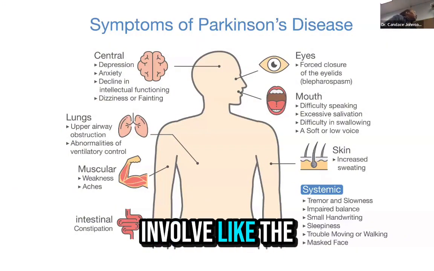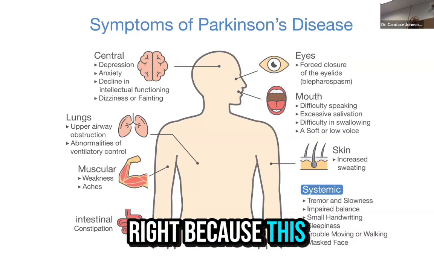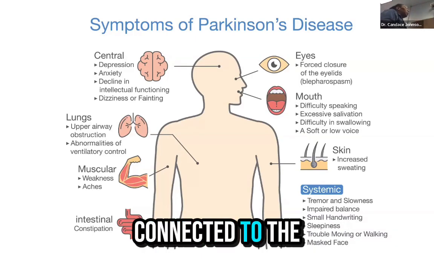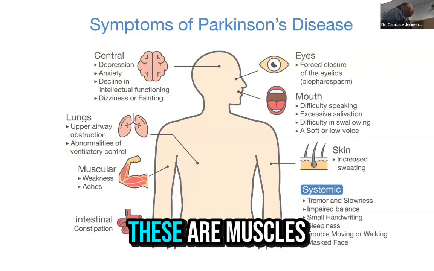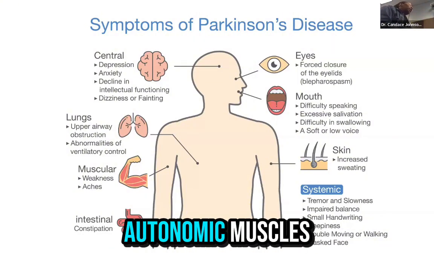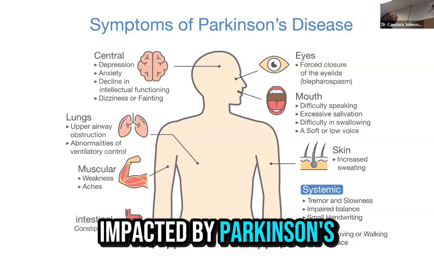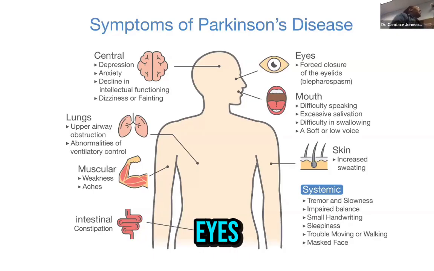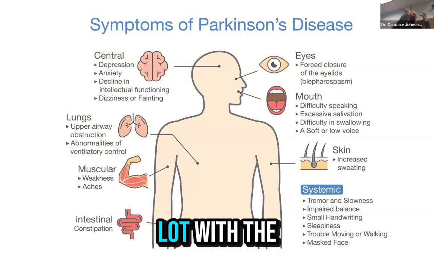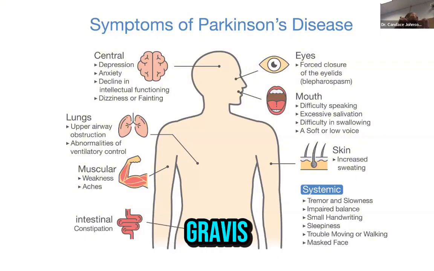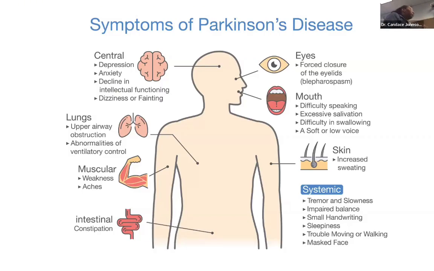Things that involve the diaphragm and ventilation control, right? Because this is connected to the muscles. Muscular weakness, intestinal, which again, these are smooth muscles, autonomic muscles, but they are still muscles and impacted by Parkinson's disease. You might even see the eyes, and I don't want you to get this confused with myasthenia gravis because it's really a lot with the eyes with myasthenia gravis. But the eyes, you might see this thing called